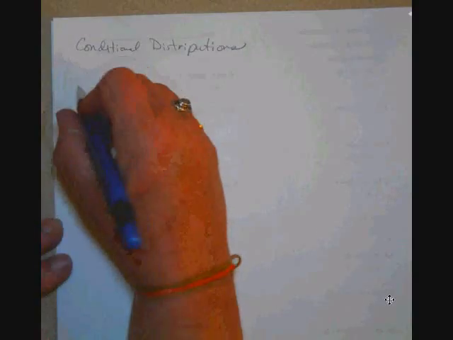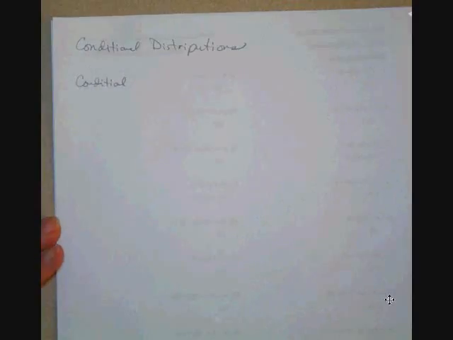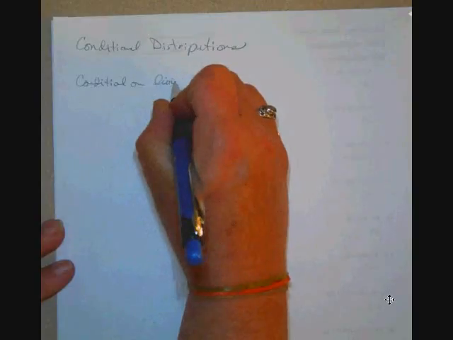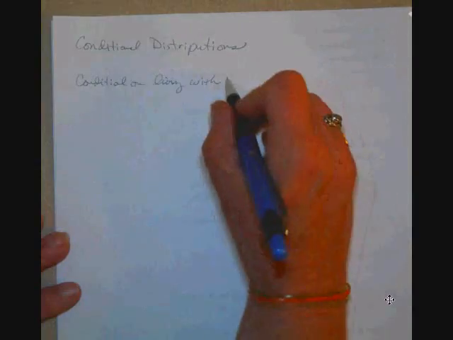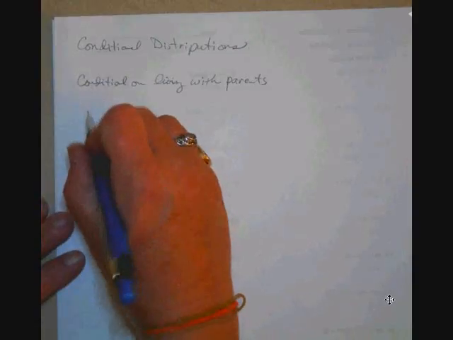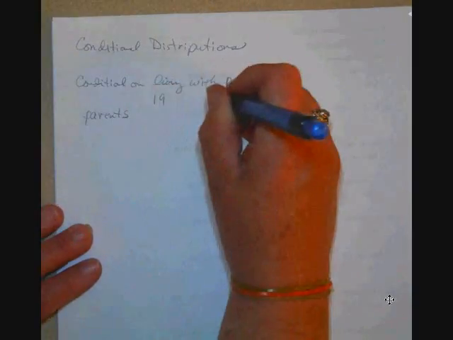So let's do a conditional on parents. So I'm just going to look at the people that live with their parents, and then I'm going to look at the different ages,